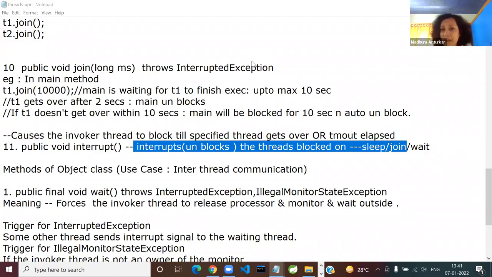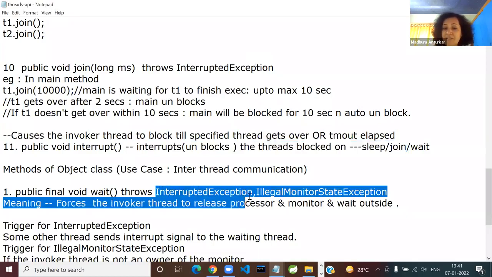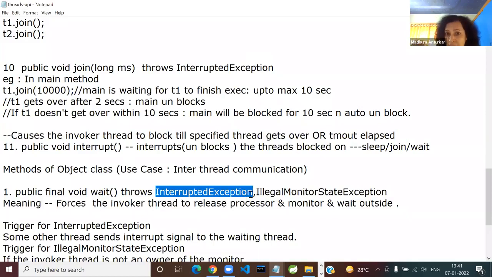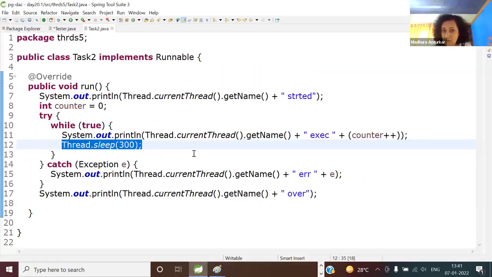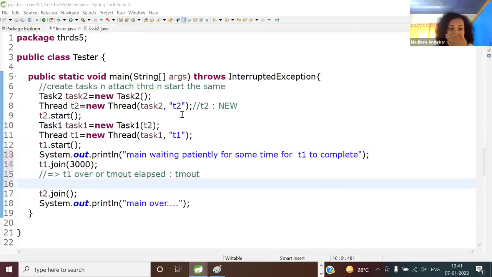And of course you hate it. And that hatred is nothing but InterruptedException. So the sleeping thread, of course, does not like its sleep getting interrupted. So that poor sleeping thread will get the InterruptedException, and it will be unblocked. Instead of stretching this analogy further, come to the tester. Looking at time also, we should wind up. Anyway, so here,